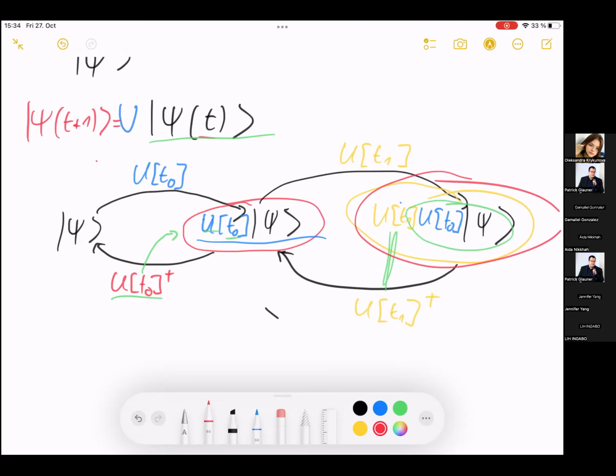So I cannot suddenly use this one here and then undo something from over here. That doesn't work. I first need to undo the most recent operation. So this is symmetric with respect to time. And this is a very important concept in quantum computing, because when we start looking into quantum computing in detail